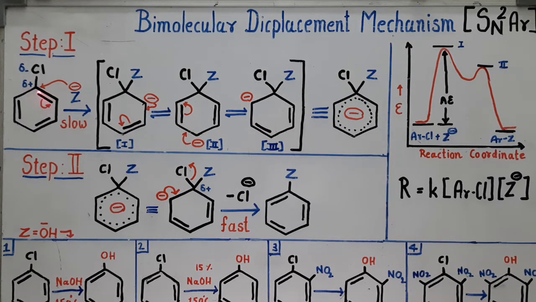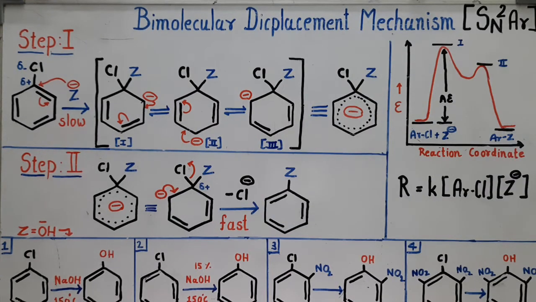As this alpha carbon cannot make 5 bonds, one of these 4 bonds must be broken. So which one is the soft target? A pi bond, that is weaker than the remaining 3 sigma bonds. So once the nucleophile is attached, the pi bond will break and a carbanion will be generated at the beta position. This negative charge will delocalize to give 3 resonating structures. So we can write the equivalent structures like this.